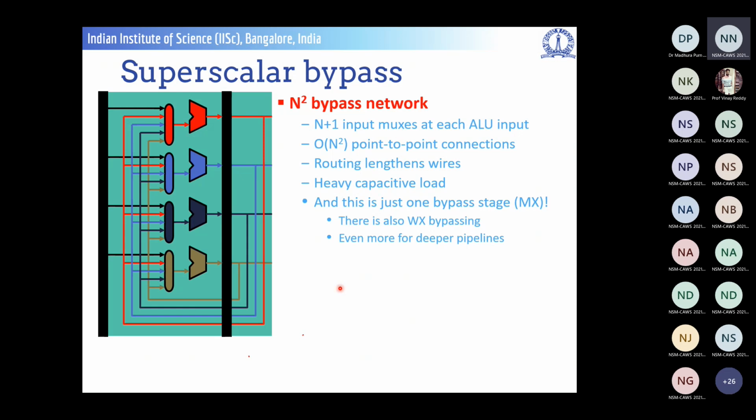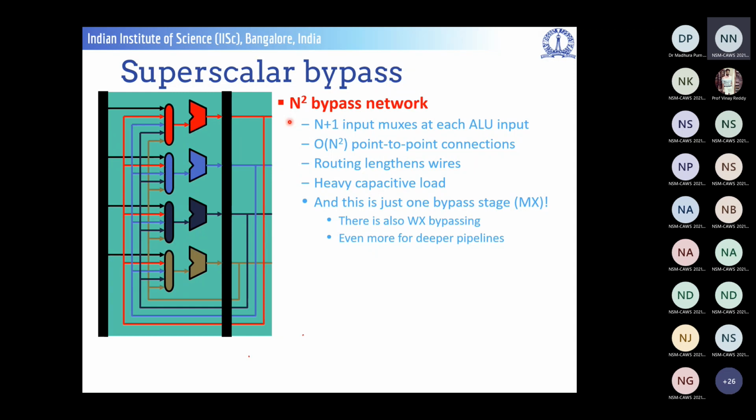So what it means is that the amount of options in the bypass network, as we talk about, is this: this is the register decode, this is the register read phase, where it can get the output out of any of the n instructions that are already in the next phase. Okay. So overall, the bypass network becomes order of n squared. Not only this,